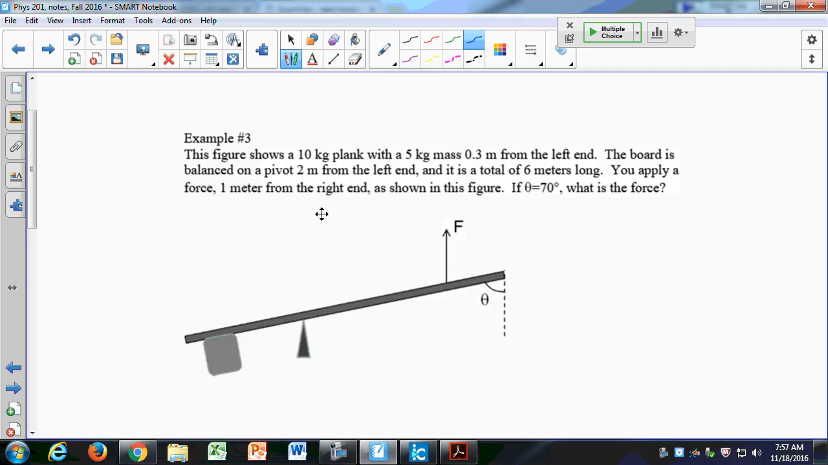So go ahead and draw the forces. Think about what are all the forces that are acting on this bar. We have a couple of weights. We have